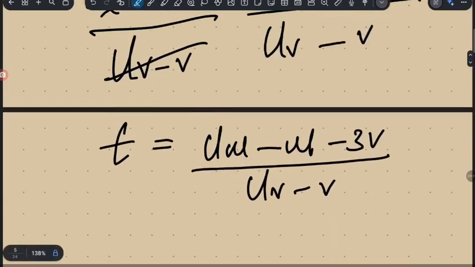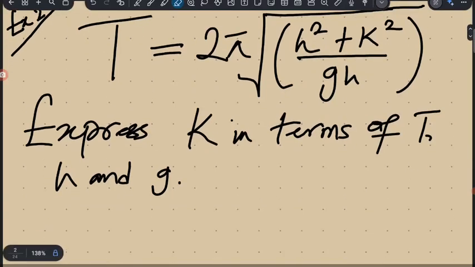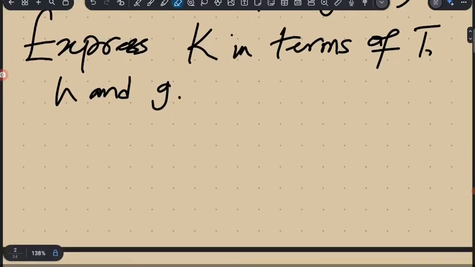And so this is our first example for module 2 of the change of formulae. So let's go to another example. 2. Express k in terms of t, h, and g. So having these questions of this form, like t is equal to